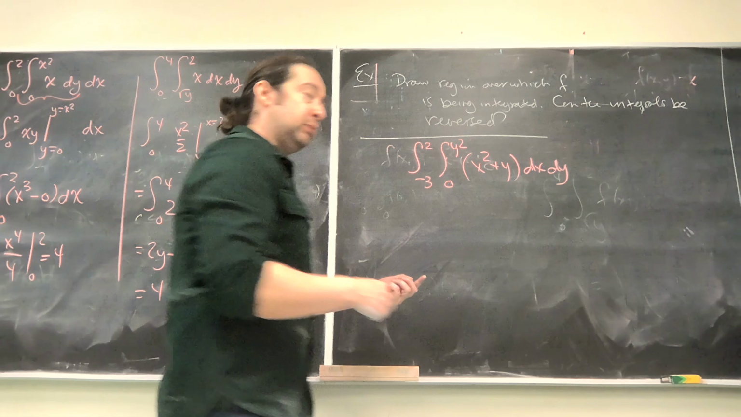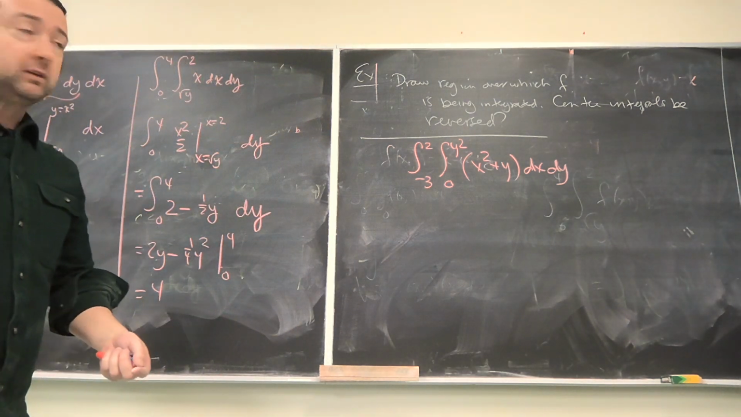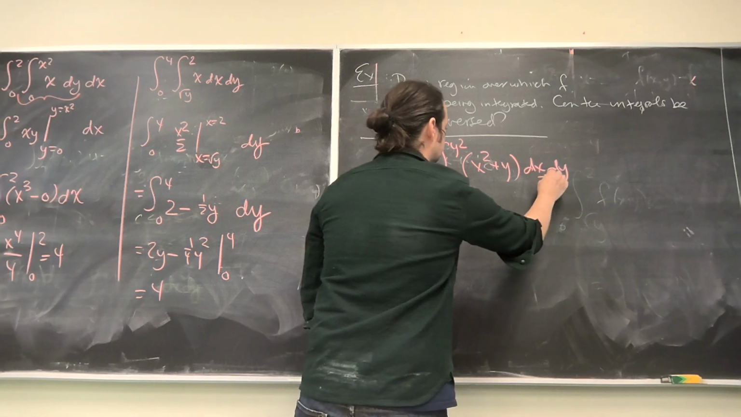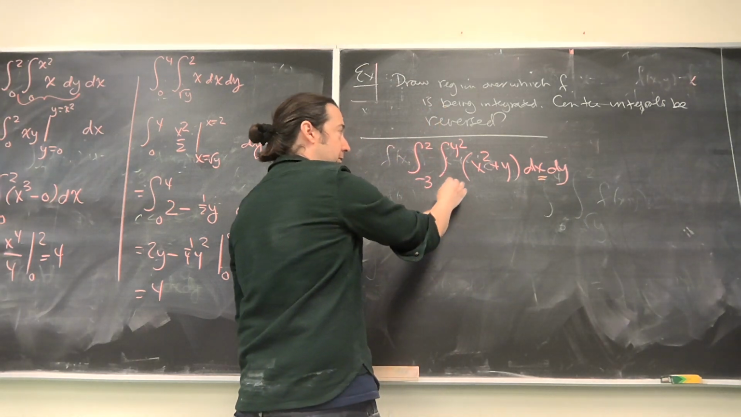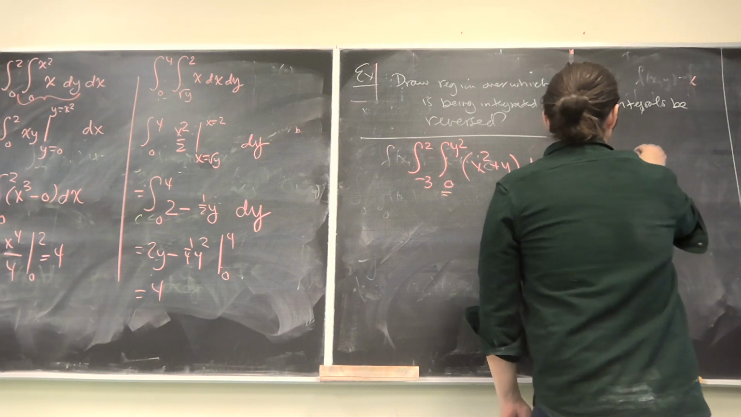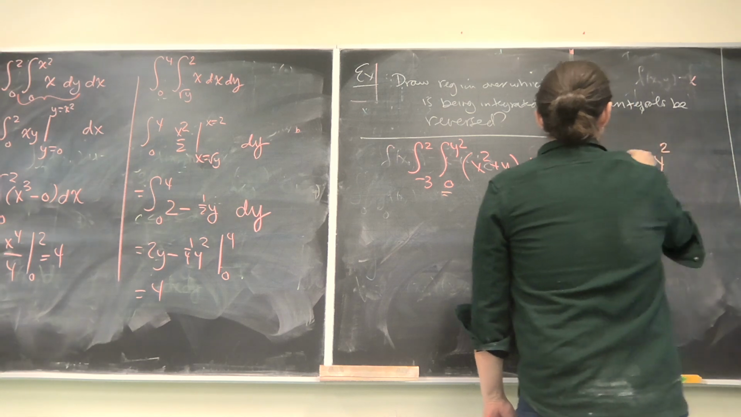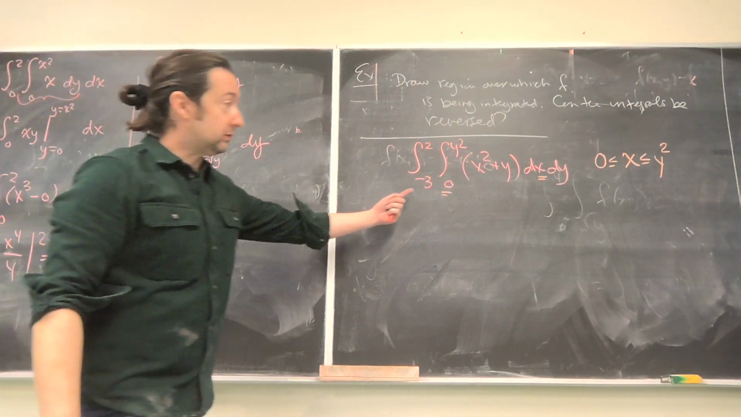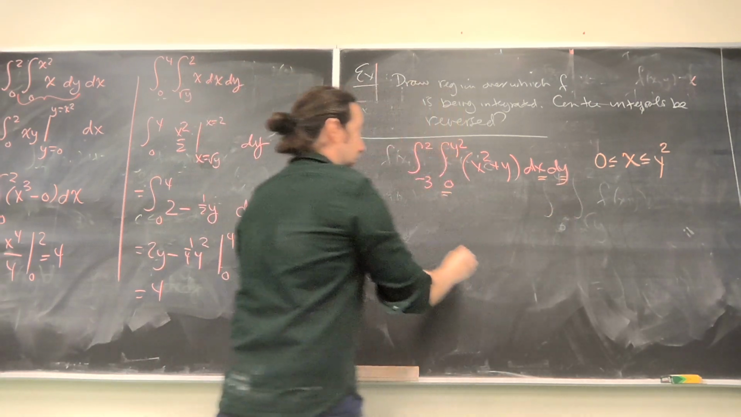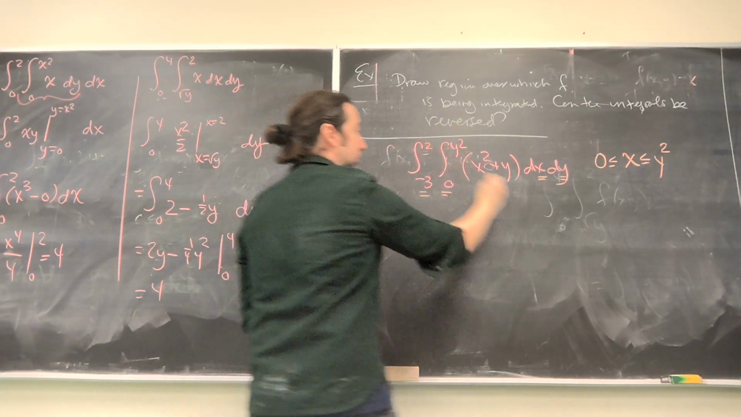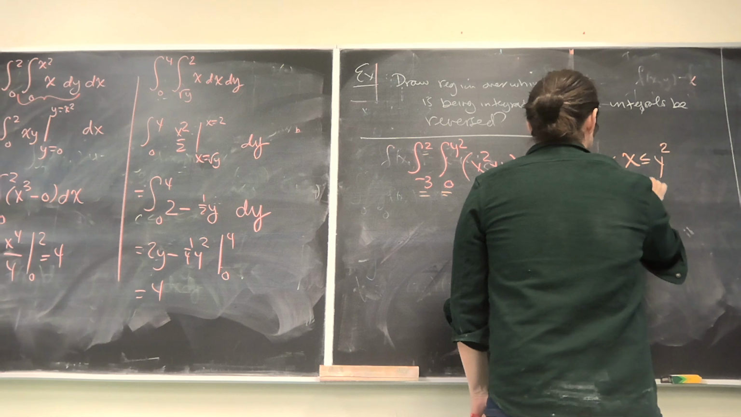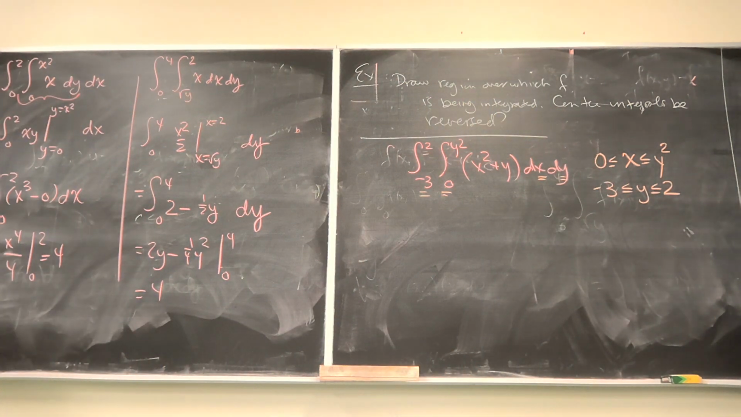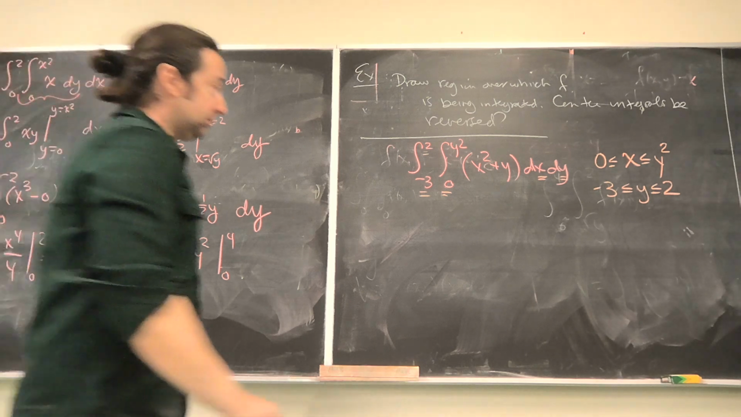So you have to extract the inequalities that define the region from the limits of integration. When I look at this, I think, okay, the x values are stuck between x equals 0 and x is equal to y squared. The y values go between -3 and 2. So if I wanted to draw that region,